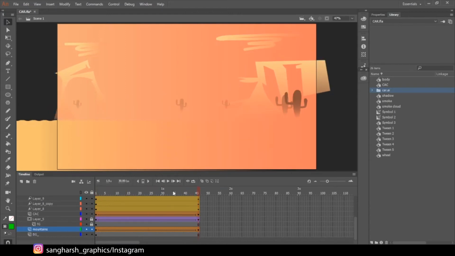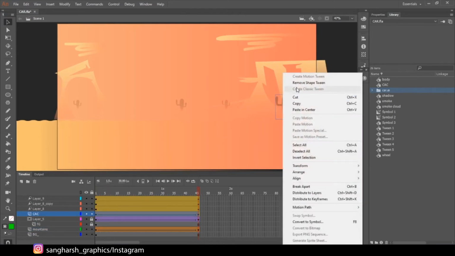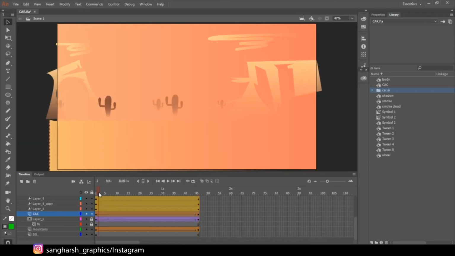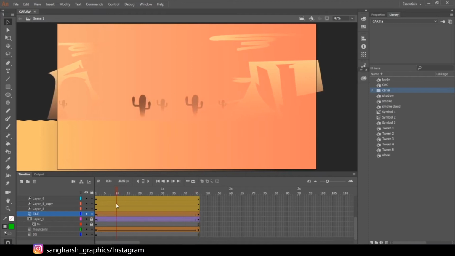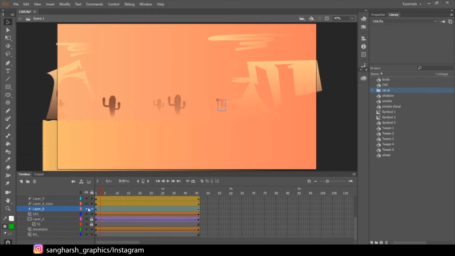Then I have selected the cactus layer, also applied shape tween to them, animating from one position to the second position like this. Then I duplicated it, and for this I first made them a graphic symbol, so it will come in the library.